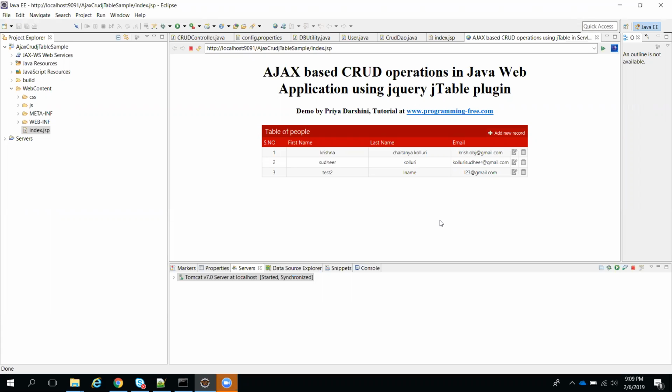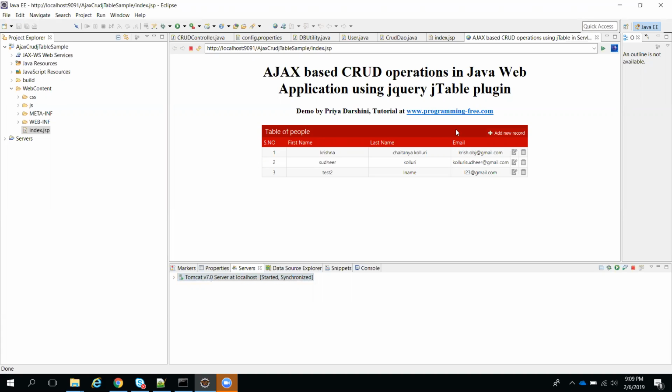Yes, Krishna. Actually here, if you see, my server is starting. I'm using a server called Tomcat server. Suppose you got the same error yesterday, that the port number is not available, because of that the server is not starting. We have a server.xml file where we can go and change the port number. This is very basic troubleshooting when you're running any web application server and you have that error.